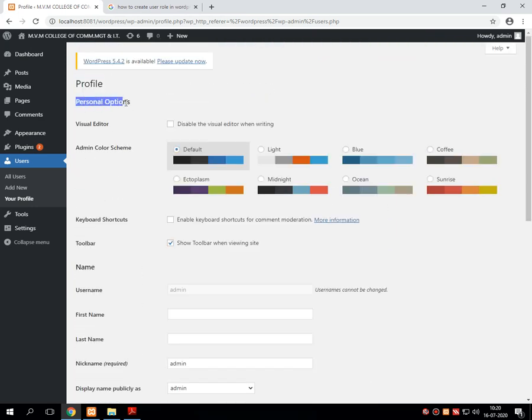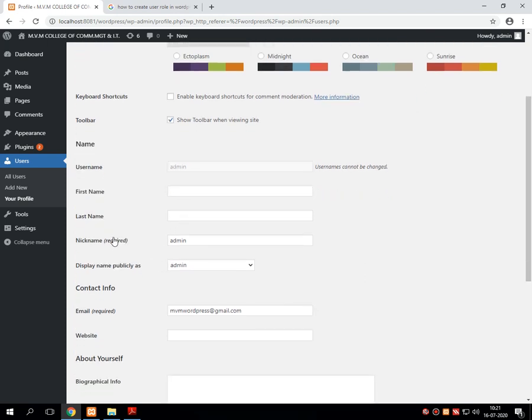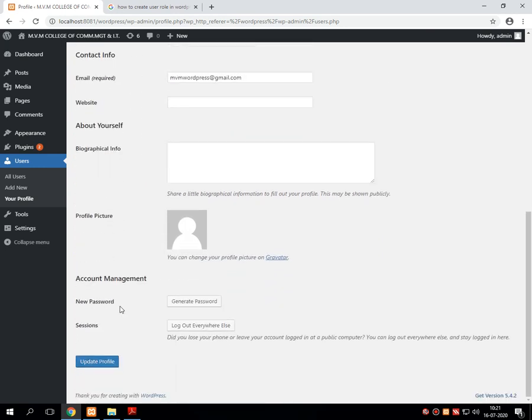Under the profile it has personal options like visual editor, admin color theme, keyboard shortcuts, toolbar, username which cannot be changed by anyone once it is created, first name, last name of the user, nickname, display name publicly, some contact information, profile picture.